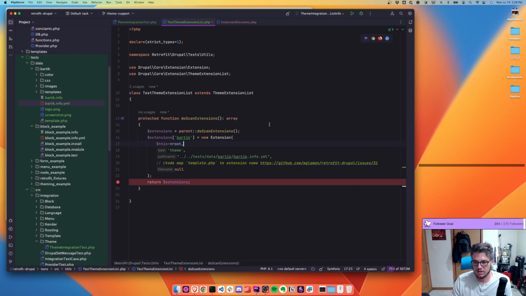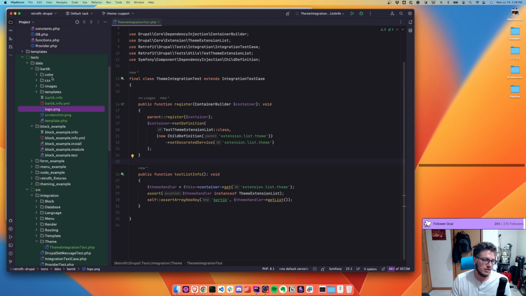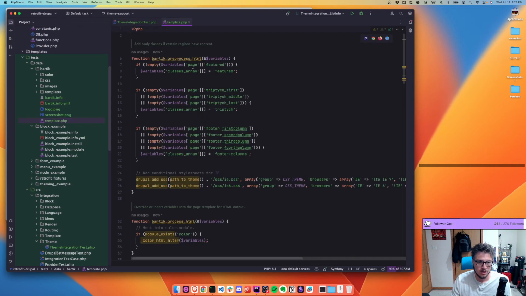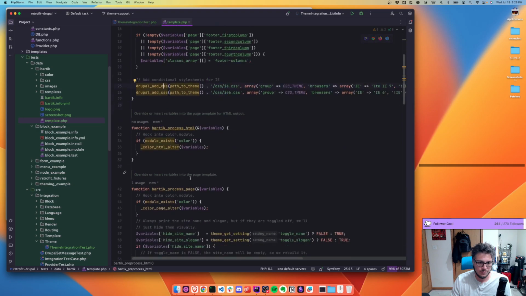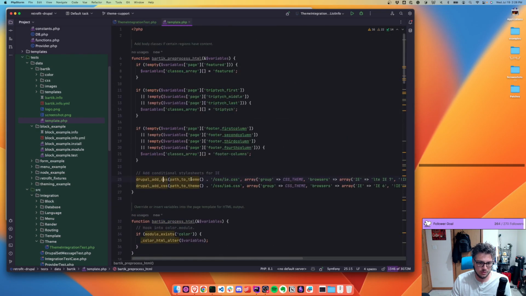All right, so we got it where what I have now is I can actually start testing the theme integration test because I can find the Drupal 7 Bartik theme available. So what we'll have to do is